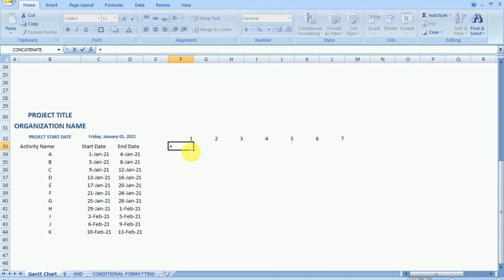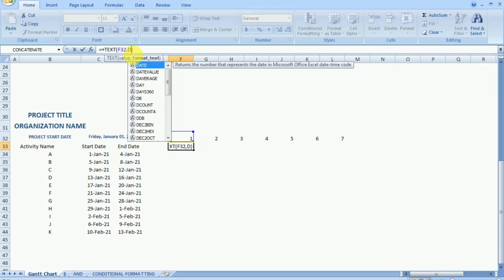Now in the next row I want to represent the day, whether it's Monday, Tuesday. So I'll use the TEXT command and give it the value of the date. Now in TEXT you can see it's first asking us for the value, so we'll click on the date and then the format text.